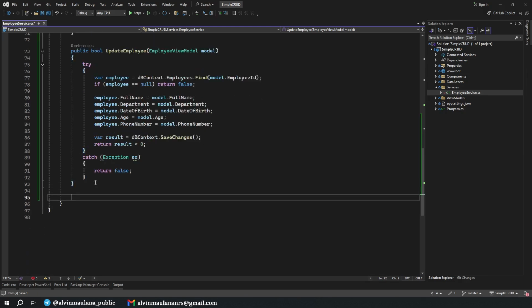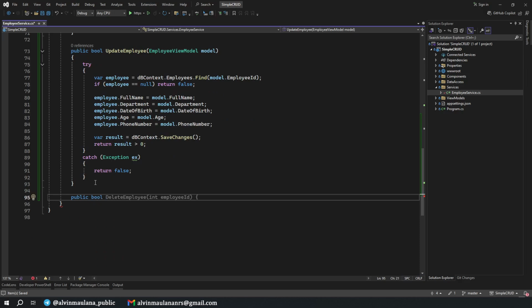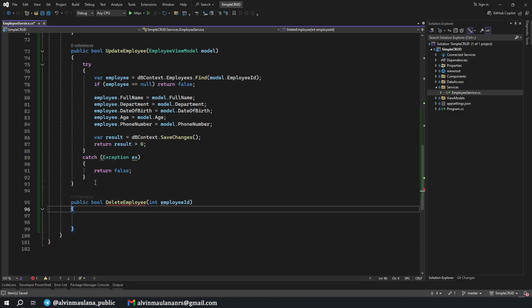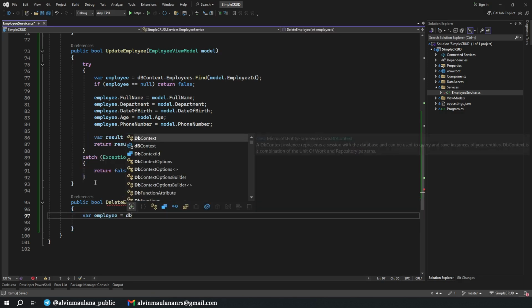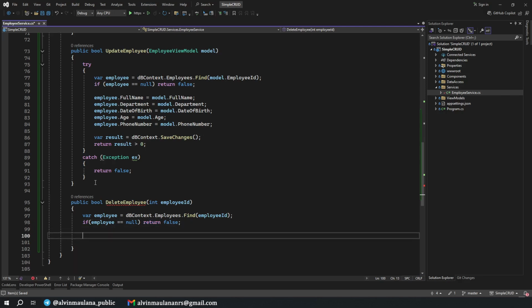Now we have a delete function. Public boolean delete employee. Again, we can search first for the employee, db context employees find employee ID, and if the employee is null, we return false, and if not null, we go to db context employees and remove employee.